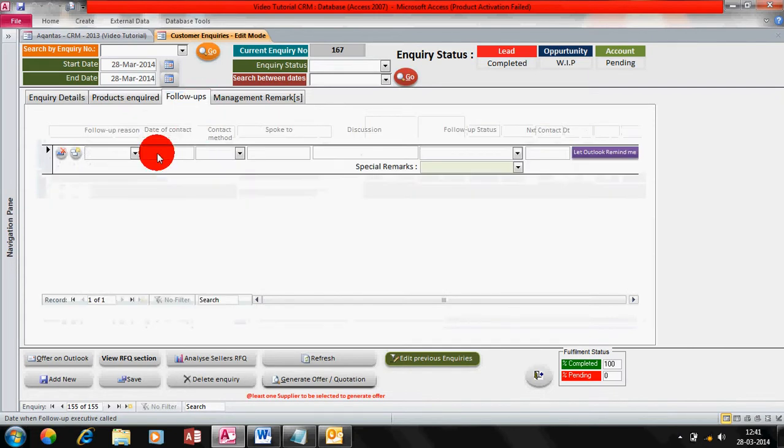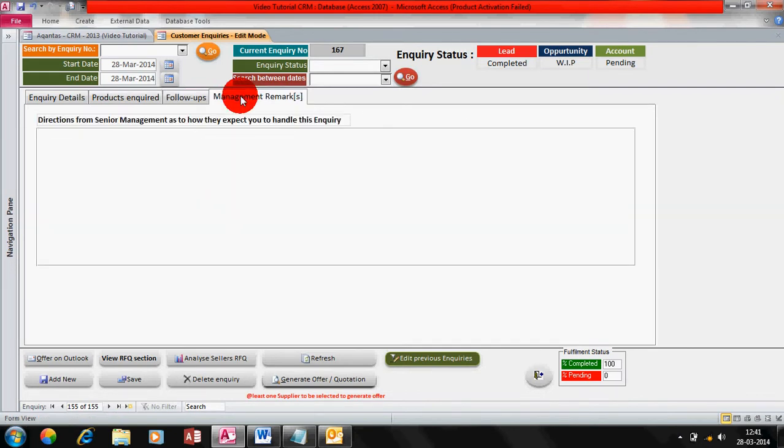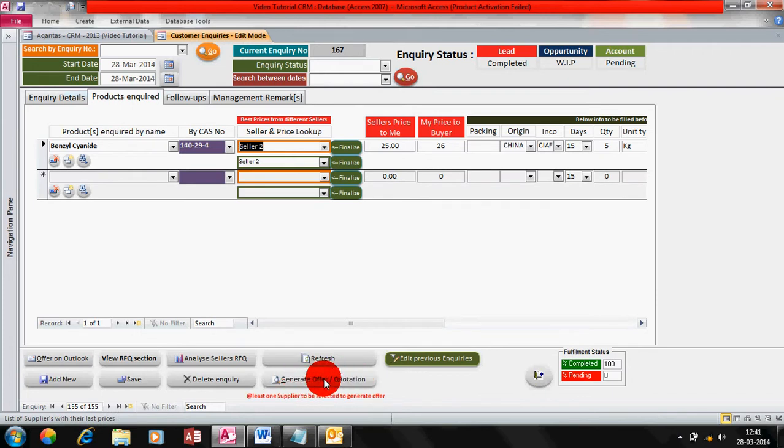This is a place where you do the follow-up, management remarks. Now after the offer went, something changed. The lead became completed and the opportunity became work in process, automatically, once the offer went to the buyer. This shows that you have finished negotiating with the buyer. The buyer has shown interest and he's asked you to send an offer. Now since the offer is with the buyer, he becomes your opportunity, which means your business development people have to follow up with this buyer, reminding him about the offer which has been sent to him